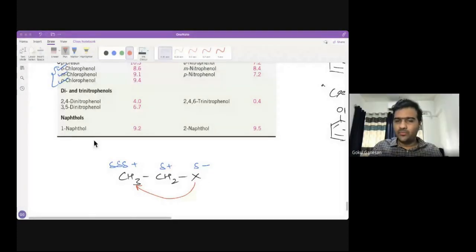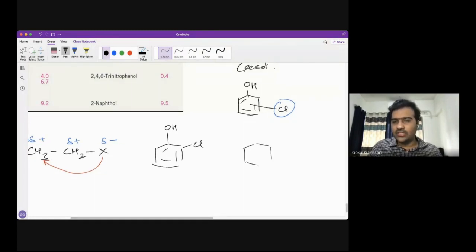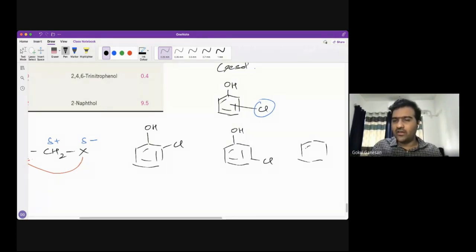Now you try to input the same logic into ortho, meta, and parachlorophenols. In orthochlorophenol, the electronegative halogen is present closest to the carbon atom, which is supposed to bring about withdrawal of electrons through inductive effect. As you go to metachlorophenol, the distance increases. And in parachlorophenol, the chlorine is very, very far away to induce any inductive effect onto the forming negative charge on the oxygen. So hence not only is the type of substituent useful in predicting the acidity constants, but even